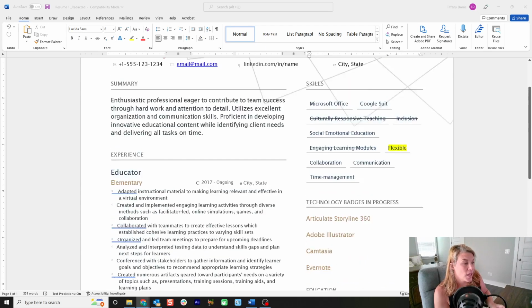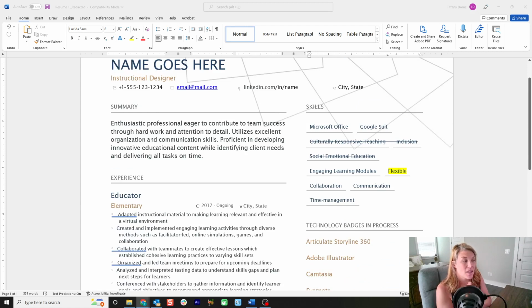My recommendation is, if you're going to list skills, do your soft skills and your technology skills in one section and group them. So group your soft skills and then group your technology skills. And as soon as you are confident that you can perform the duties of the job with that technology skill, for instance, if you're learning Storyline, as soon as you realize that you can do it,